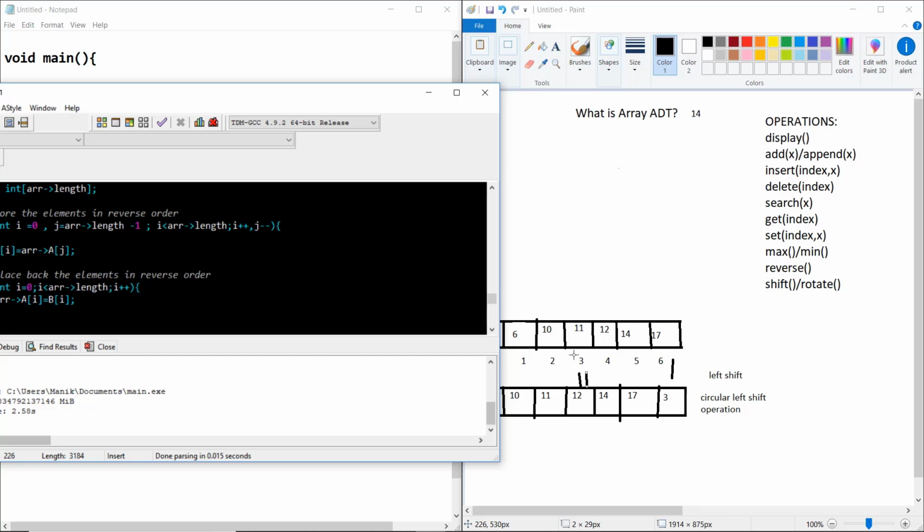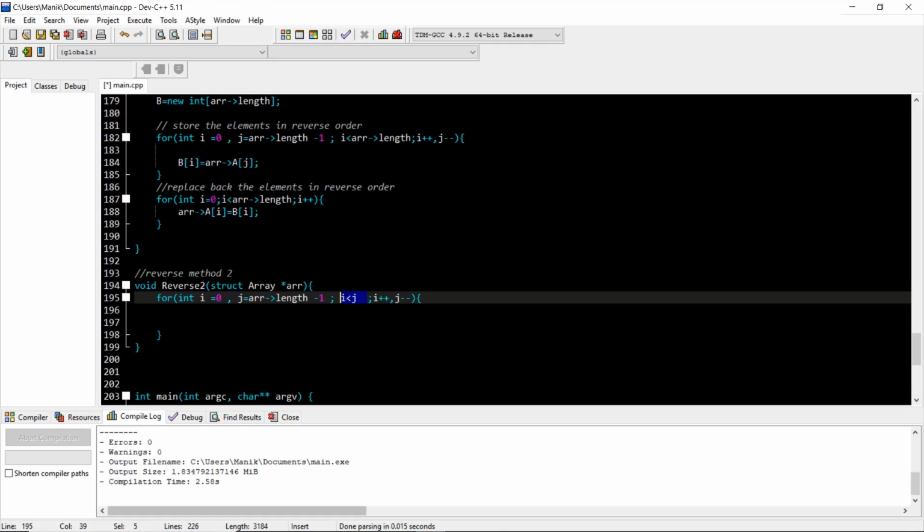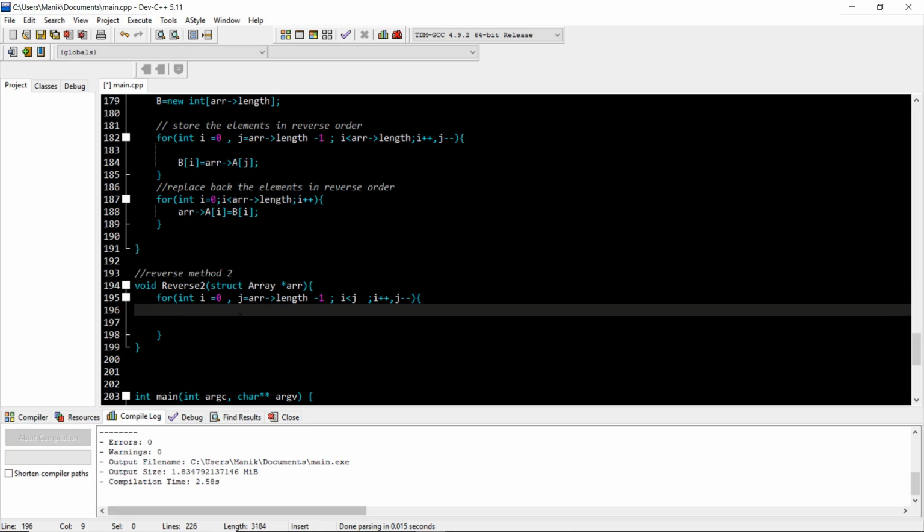So until i is smaller than j, we just swap these elements, because it will automatically indicate that at i is equal to j, it is a middle element, and we do not do any further operations there. Okay, so until this, we just need to swap.